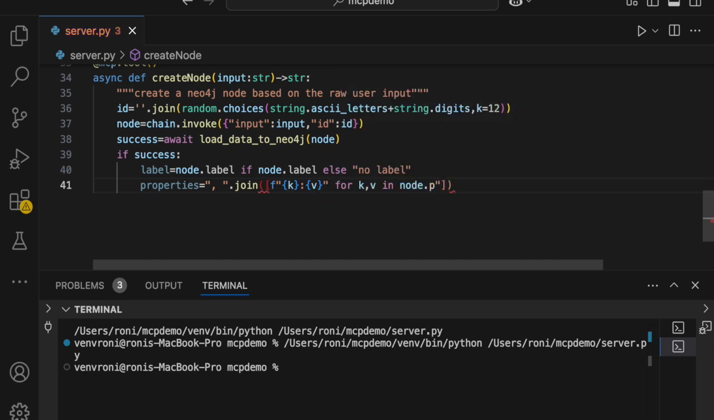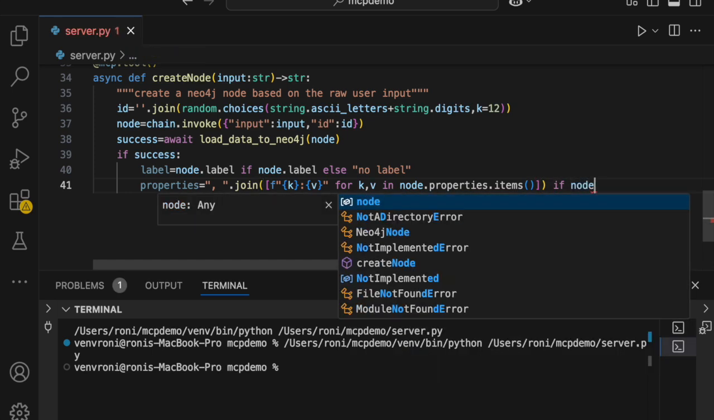Okay, for kv in node dot properties, I don't think it is required. Node dot properties, I think node dot properties dot items, and then this thing, and after that my list is closed like this. Okay, and then if node dot properties present